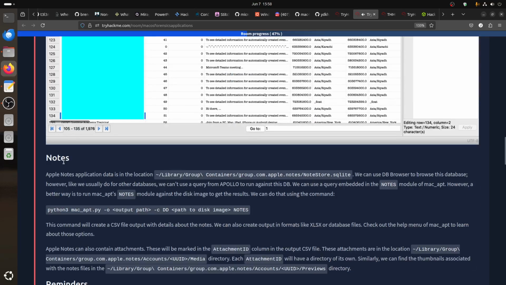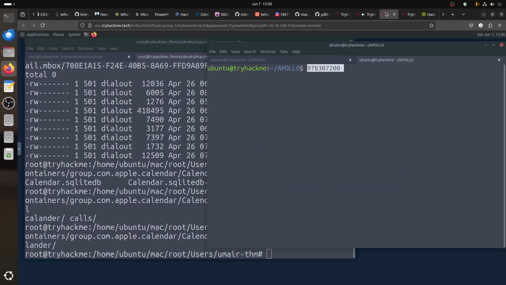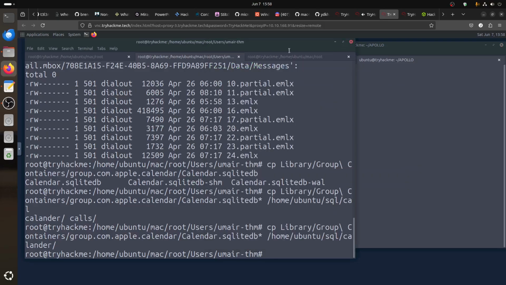Now notes, should we answer the question? Let's answer the question later on. So we have notes are in the library, a group container, the same group, Apple notes. So notes. So let's do,